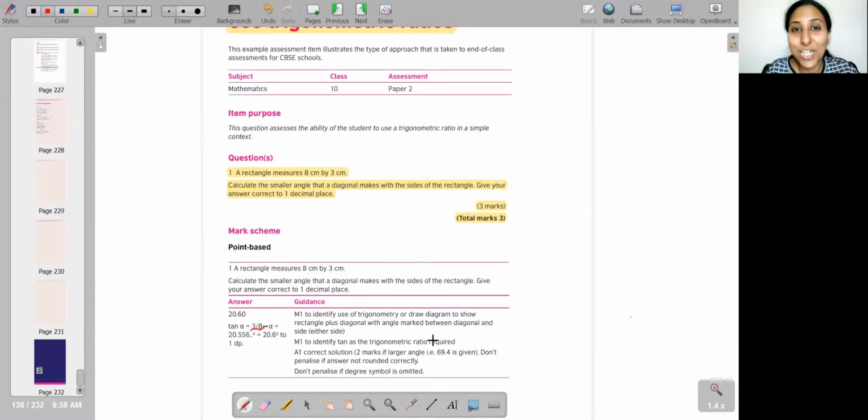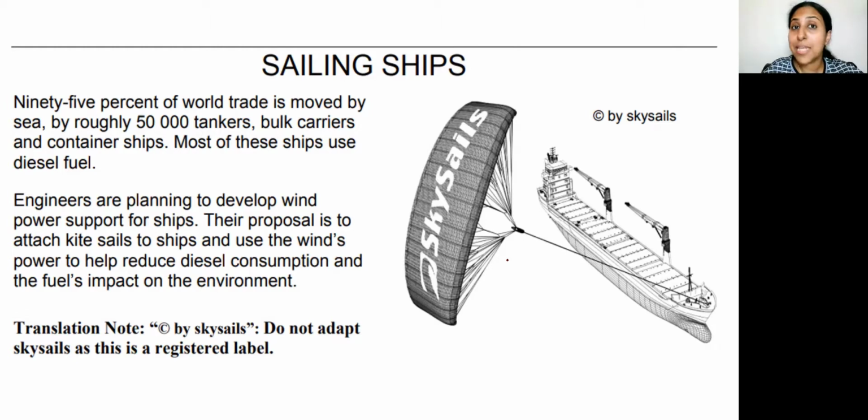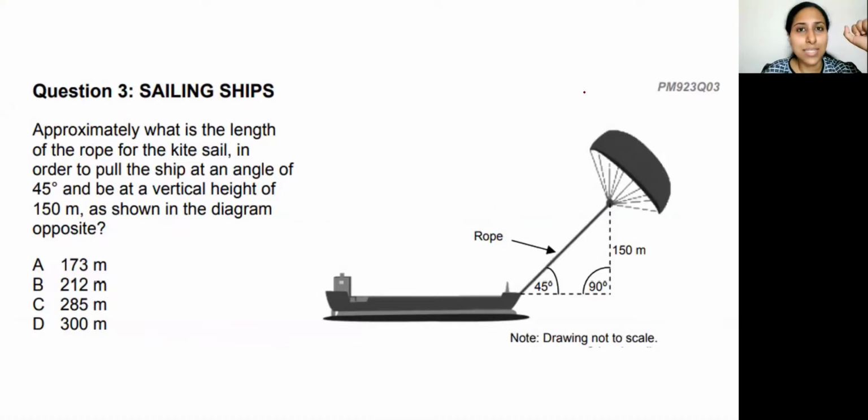I would like to end the video today by showing you certain examples of actual questions from international assessments, which have been modified already to fit your CBSE question paper. So let's look at this question based on sailing ships, which came in the 2009 PISA assessment, which I was talking about earlier, which was the international assessment for students. Here there was a question on sailing ships, and you had some information given based on the picture which has been provided over here. It was followed by 4 to 5 sub questions. One of the sub questions was this.